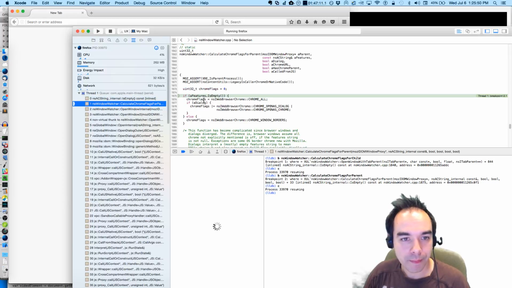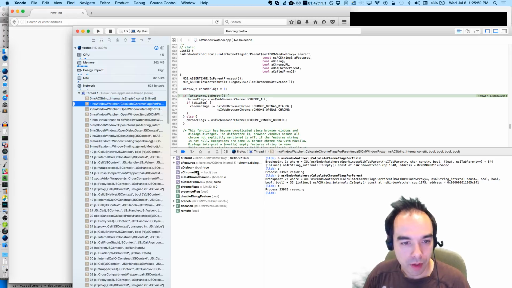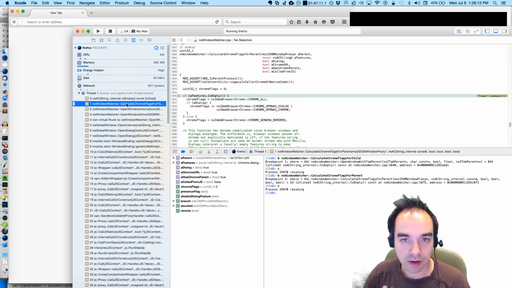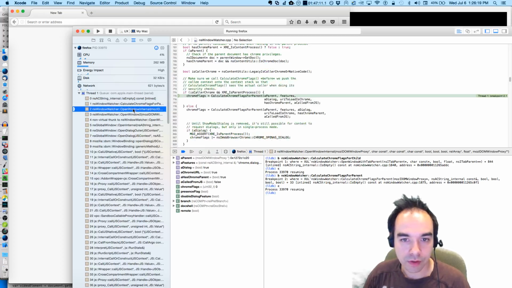Yeah. Here we go. In this case, we are a dialog. We do have a Chrome URL. We do have Chrome parent not called from JS. That's strange. A called from JS is true here. Why is A called from JS false in here? 1, 2, 3, 4 after features.